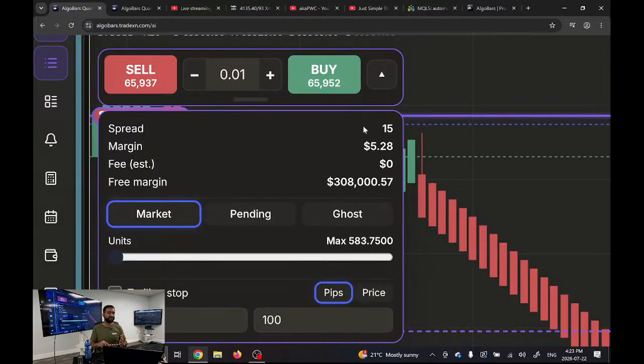You didn't have to pay for anyone's course, which you shouldn't be doing anyways. You didn't have to pay for someone's VIP signals scam thing. You didn't have to send your money to someone you don't know and they're apparently trading for you, which is also a scam. So basically what it really comes down to is understanding that if you do 0.01 lot size